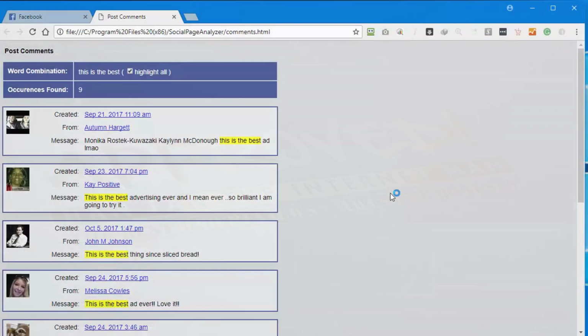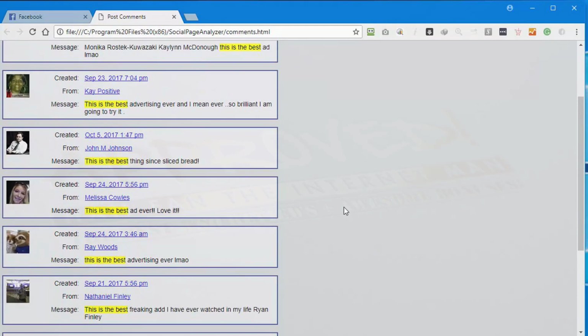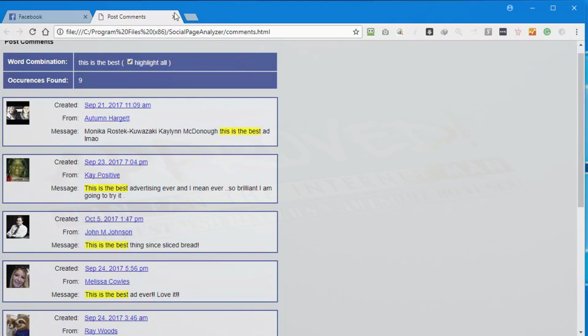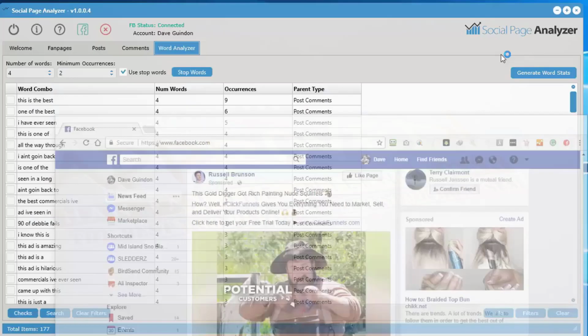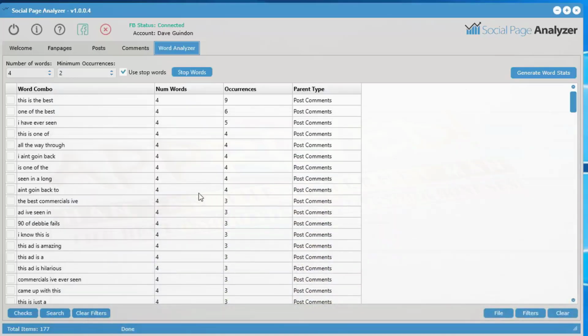So as an affiliate marketer, you can see all these people really loving the product. It'd be a good idea to promote it as an affiliate. So this is a good tool for analyzing different ads to see whether or not it's worth promoting as an affiliate. There are so many different uses for the software,